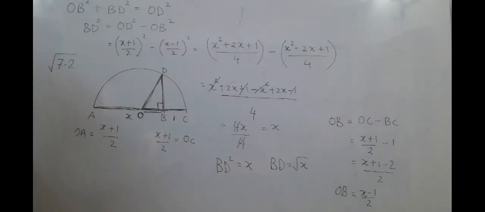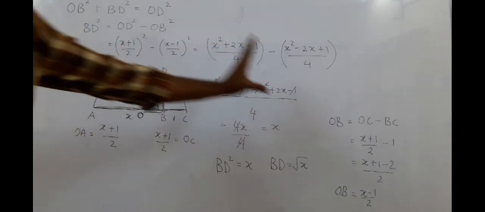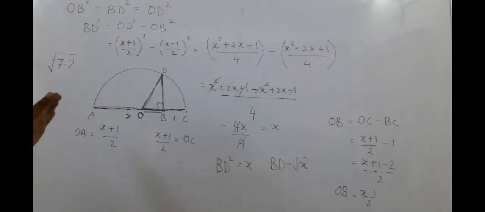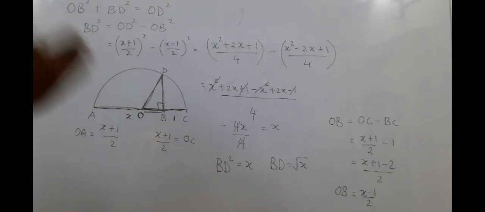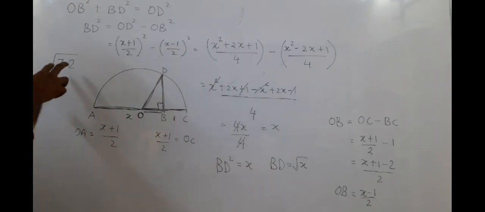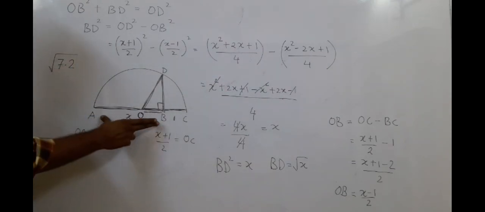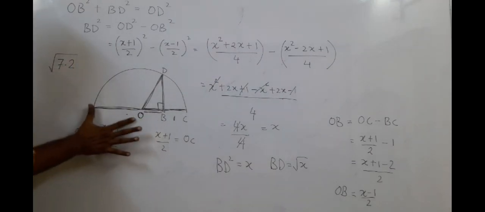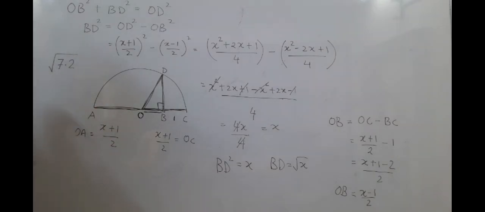So that is the theory. Now forget the theory, let us jump to the practical. This was the theory, the derivation of the formula. If you have understood, well and good, otherwise revise the video and you will surely understand. But we will see the practical purpose. So what we have to do, we want to find root 7.2. So AB we took as our x.